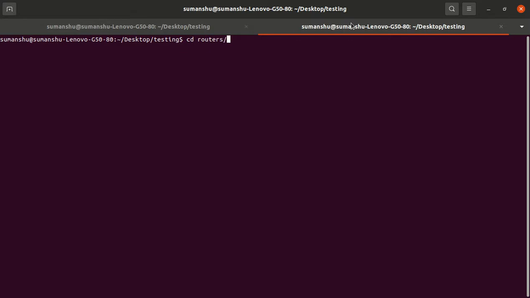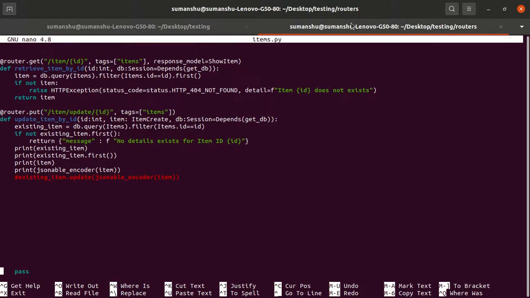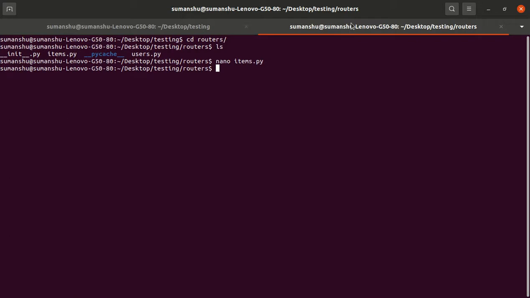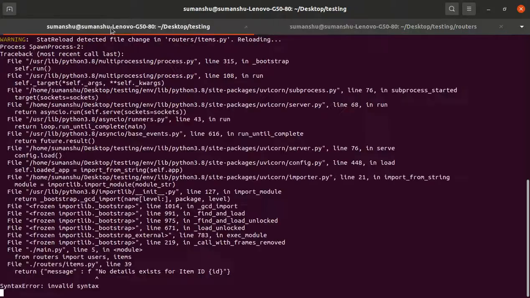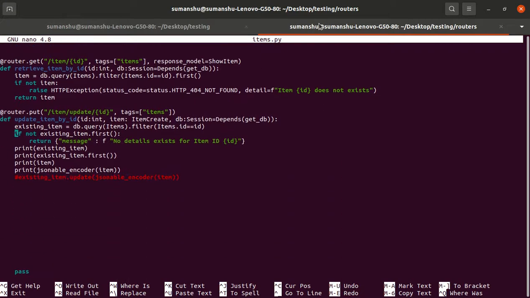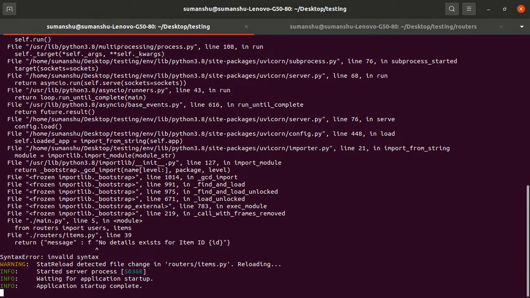Going to the routers directory and opening the items.py file with nano, I correct the spelling of return. Now again something is wrong, invalid syntax. Why is there invalid syntax? Because I gave some space. There should not be any space. Yeah, now the application has been started.